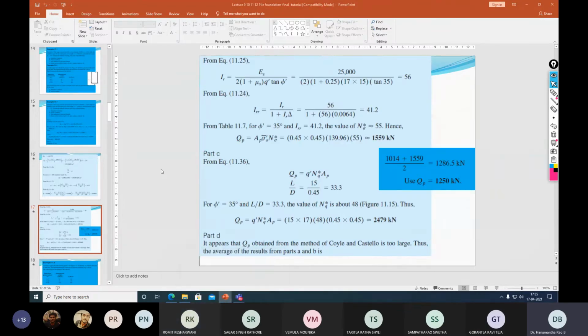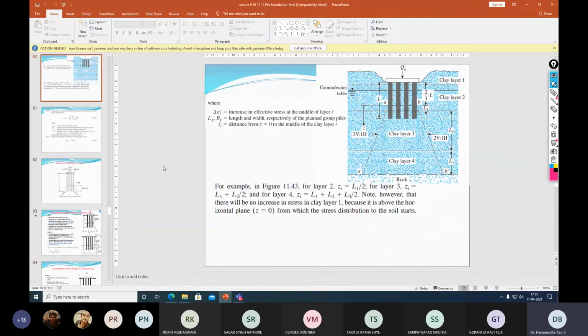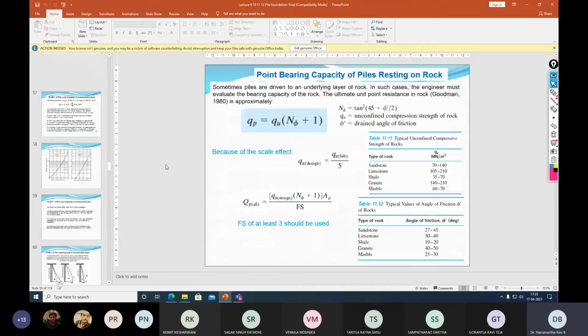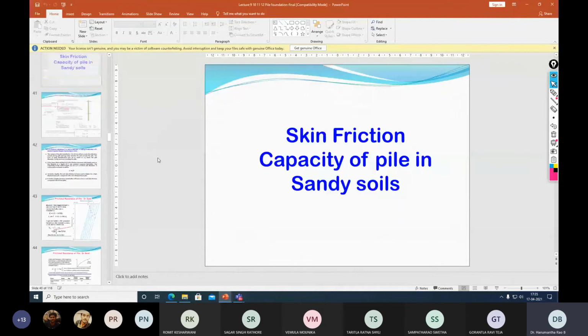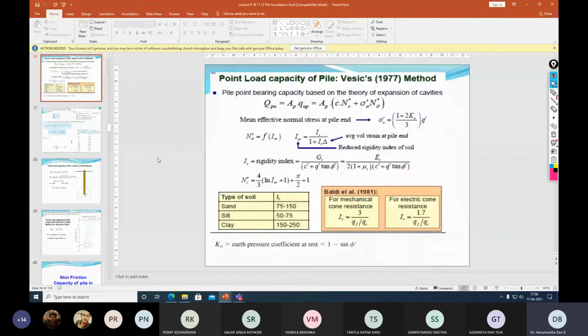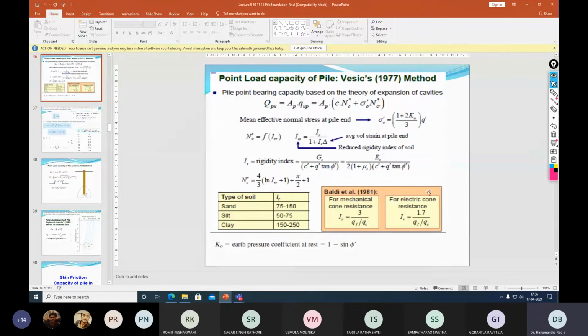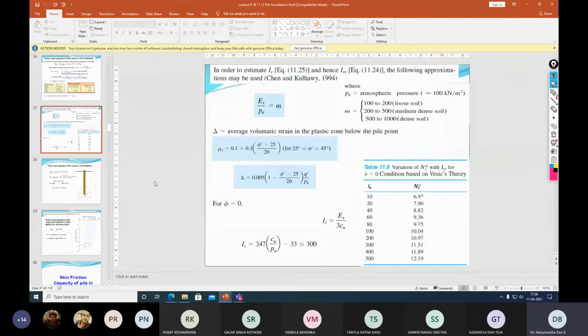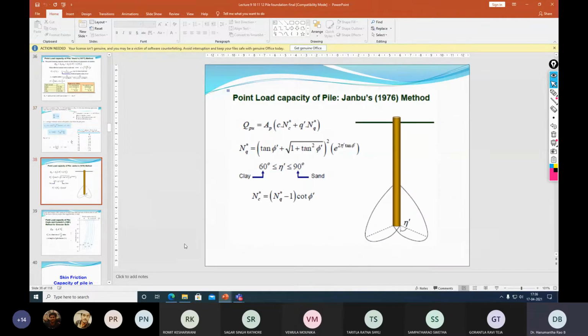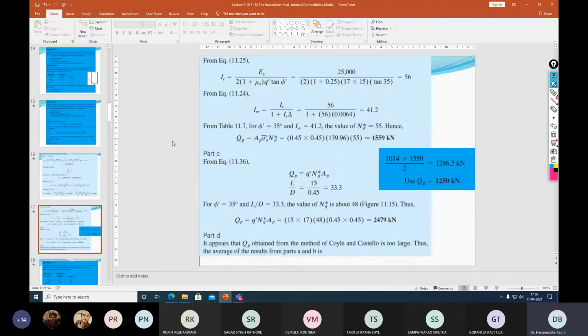Okay. Just let me see it once. For Nc you have. For N sigma, there is an equation for N sigma directly. Okay. So anyhow, this method is not that much important. So anyhow, we can ignore it. If you are aware of the solution, that is good enough.